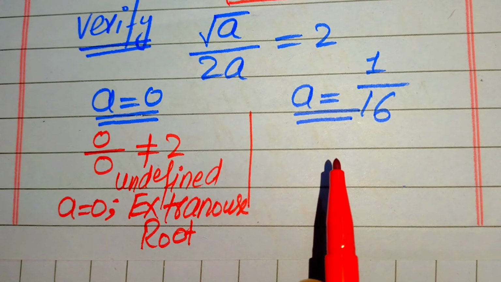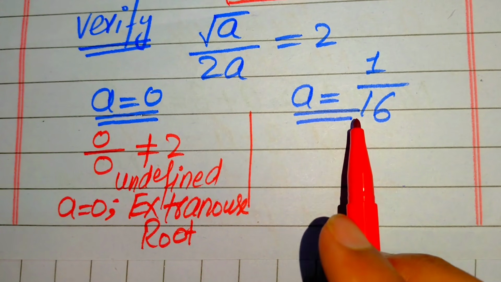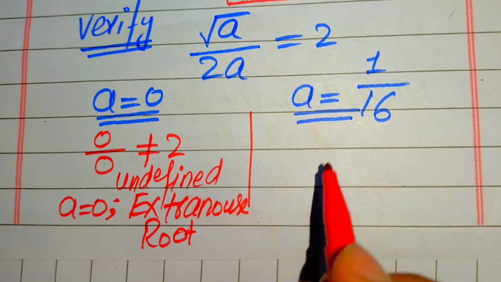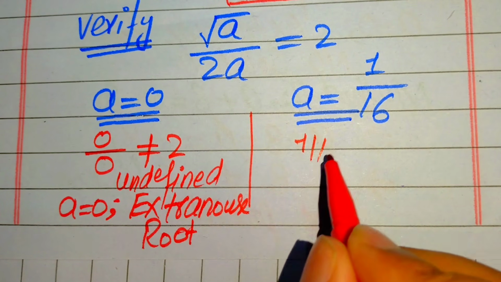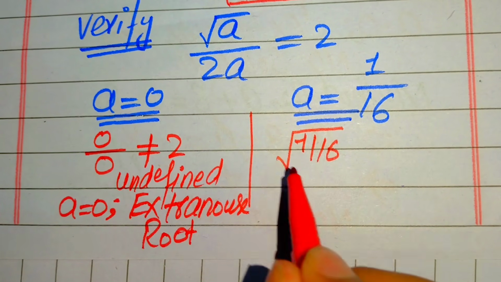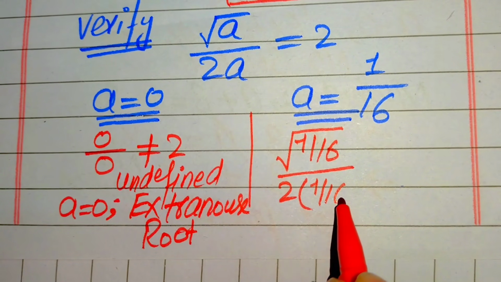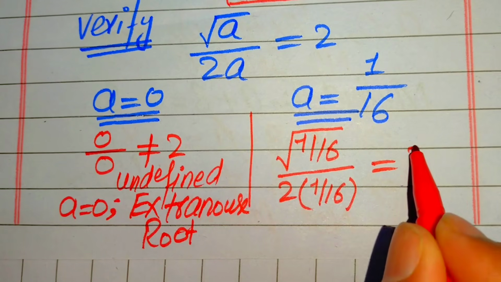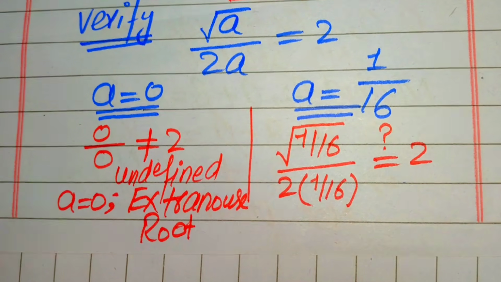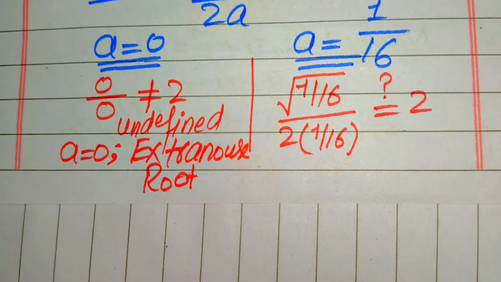And now here we verify the second value of a, and we put a equals 1 over 16 into the left hand side, and it becomes 1 divided by 16 and its whole square root, divided by 2 times 1 divided by 16, is equal to 2 or not. This is our claim. And further,